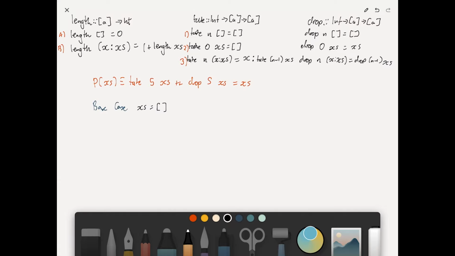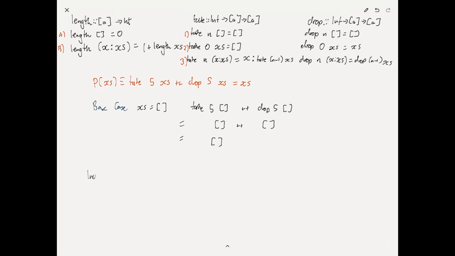Well, that's easy enough to prove, because if I take 5 of the empty list plus plus drop 5 of the empty list, that's just the empty list from the first equation of take plus the empty list, which is the first equation of drop, which is pretty clearly, hopefully, equal to the empty list. So that's easy enough. But then, in my inductive case,